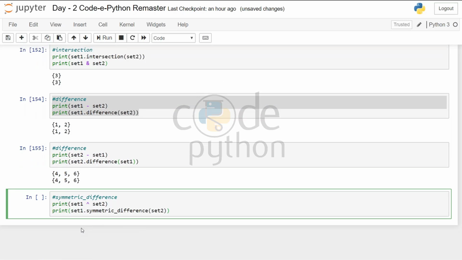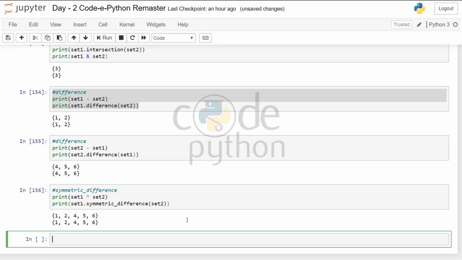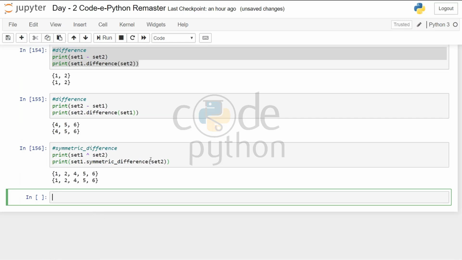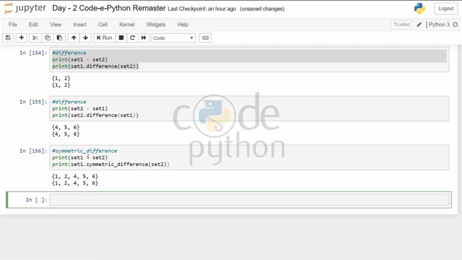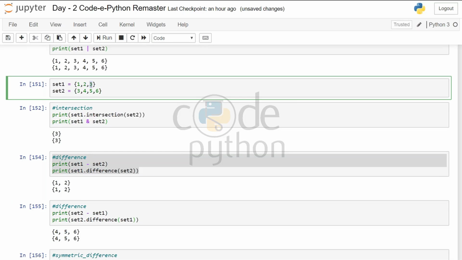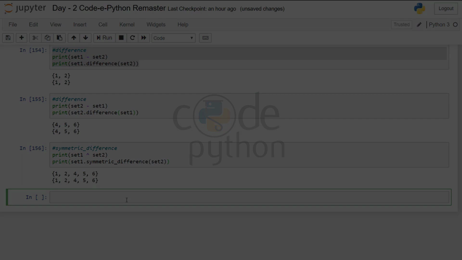If I want to find symmetric difference, I can use this symbol or write dot symmetric difference set 2. When I run it, it will give me all the elements of set A and B which are not common. That is, in this set, 3 was common in both of them. So it gave the result 1, 2, 4, 5, and 6.